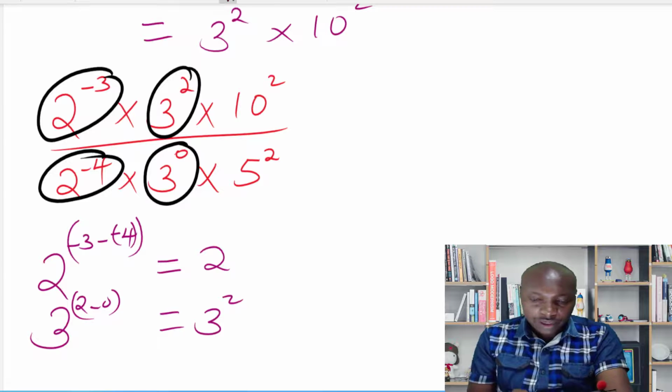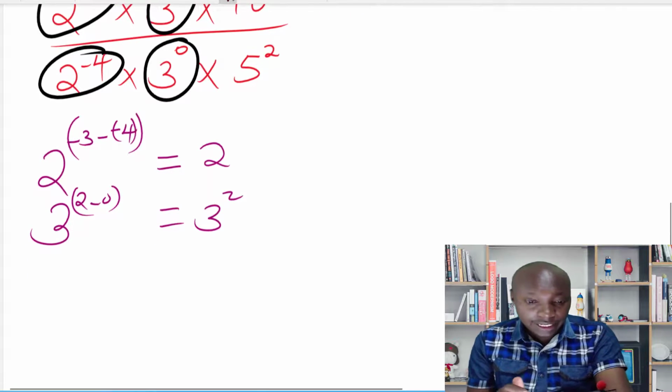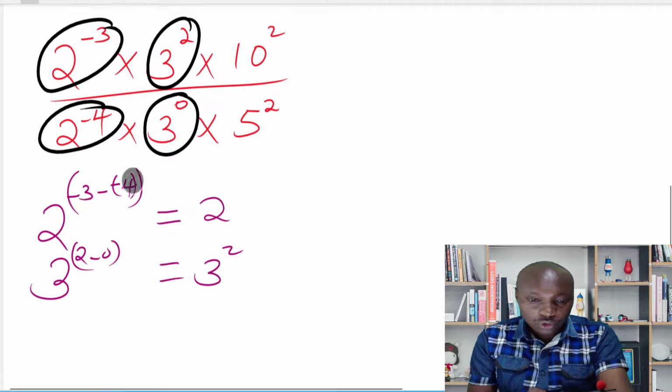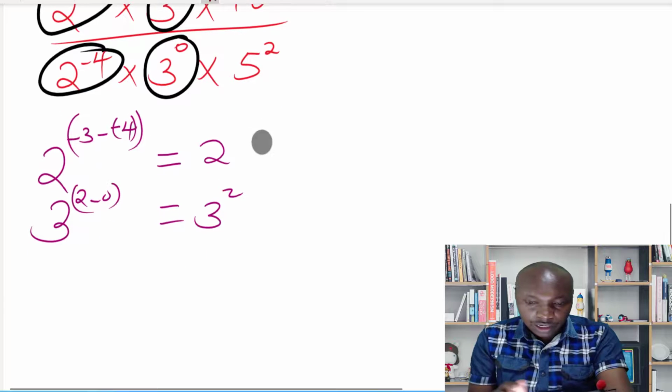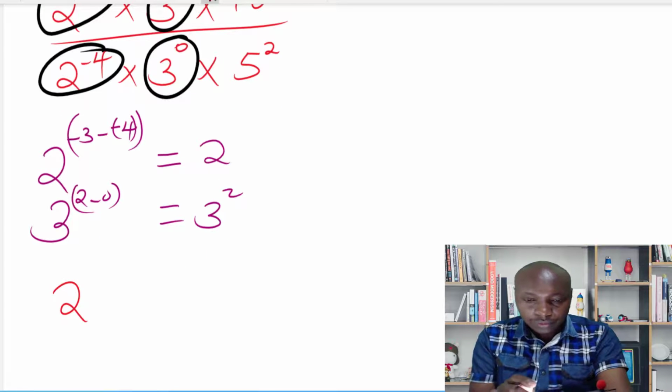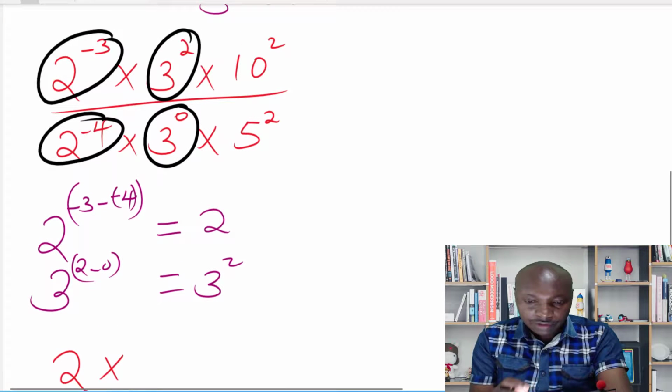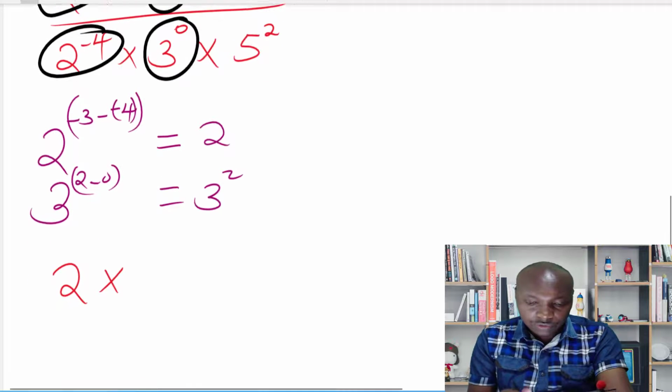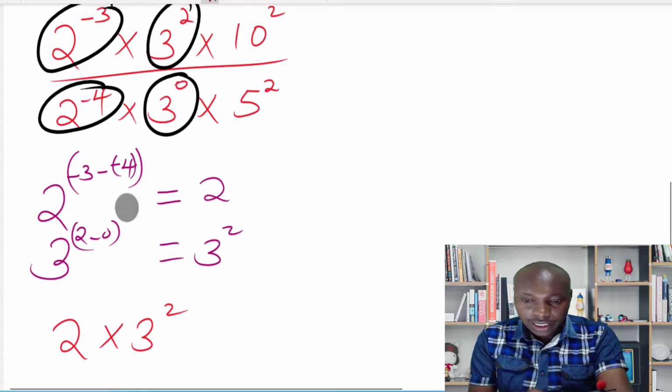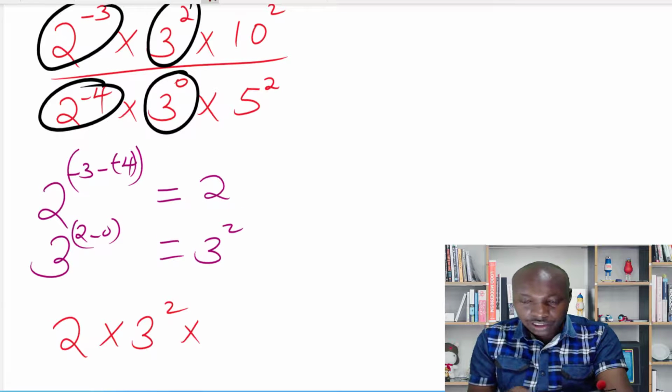So we have now simplified 2 raised to power negative 3 and 2 raised to power negative 4, and got 2. So now we have 2, then multiplied by 3 squared, and what is remaining is 10 squared,